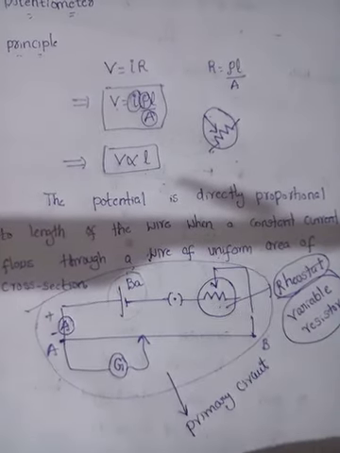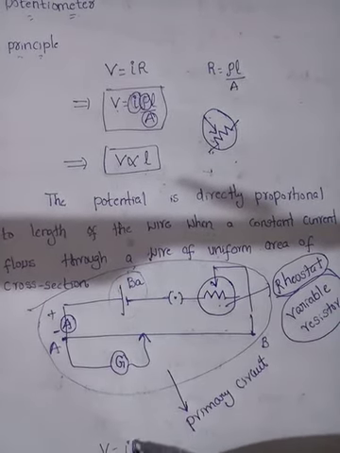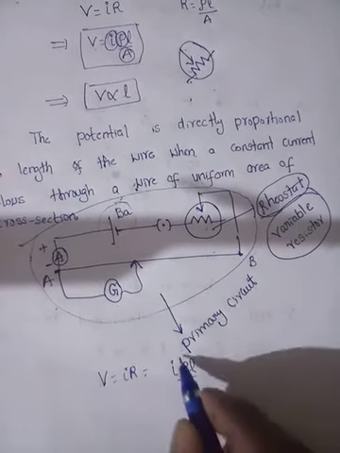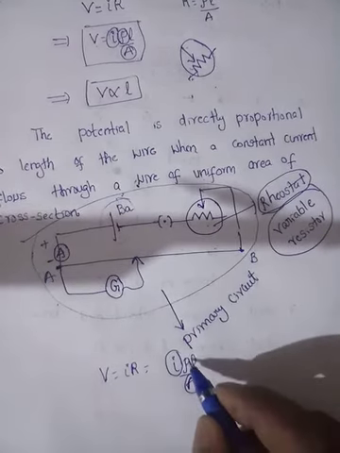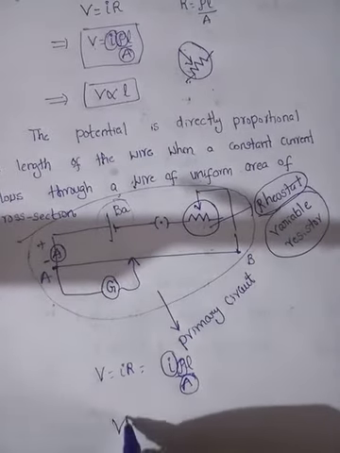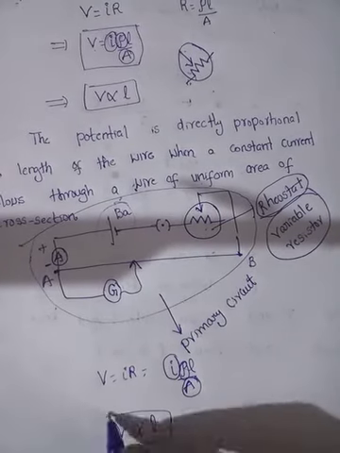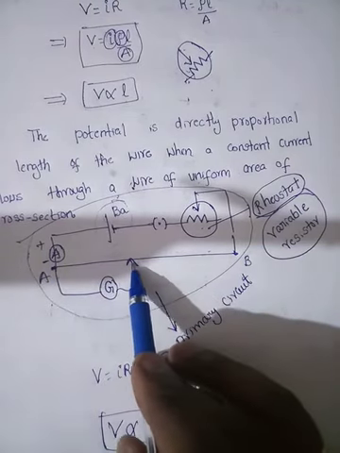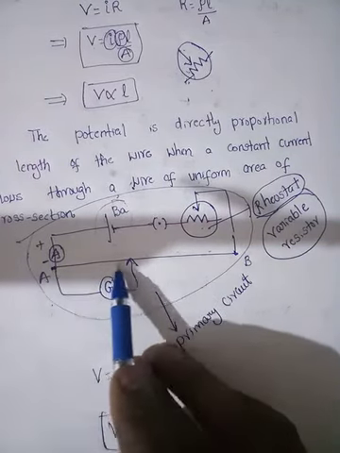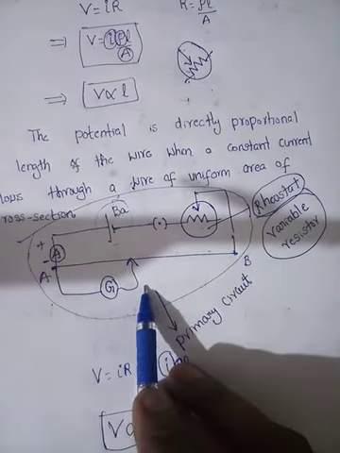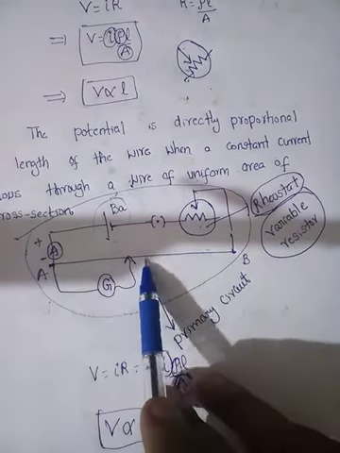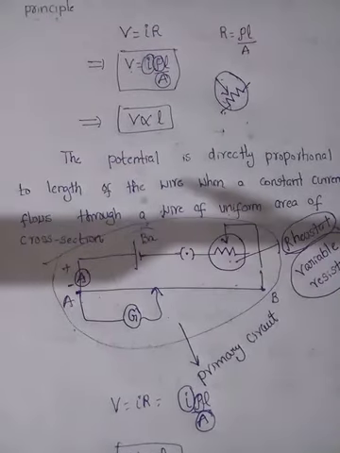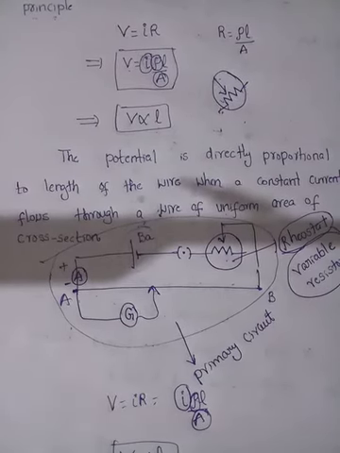So here we know that V equals IR, that is equals I into rho L by A. We keep I constant, the area of cross section is constant, and rho is also constant, so V is directly proportional to the length of the wire. So the potential between these two ends can be calculated by finding the null point. What is the null point? By sliding the jockey, the galvanometer shows zero deflection, and that is called what? Balancing length. So potential is directly proportional to length of the wire. This is the phenomenon we use to calculate the potential difference across the ends.